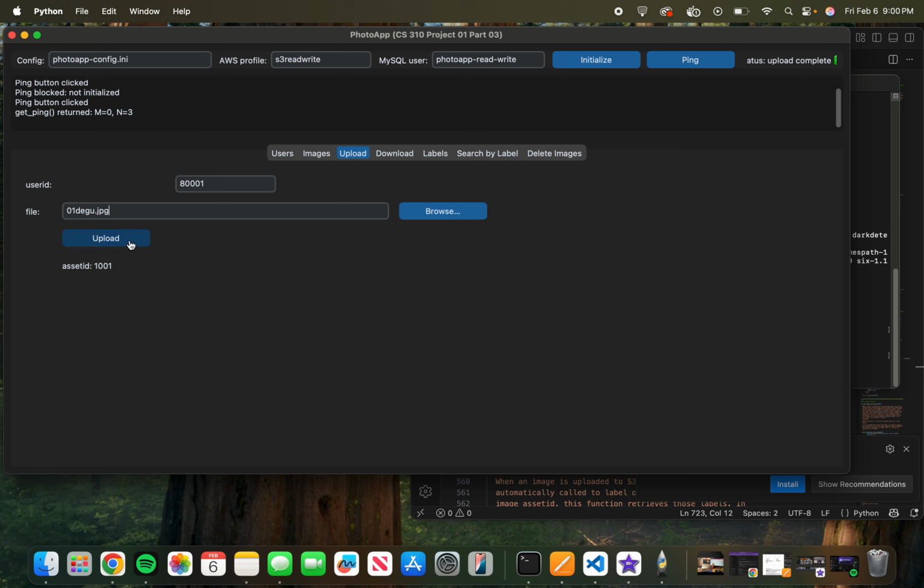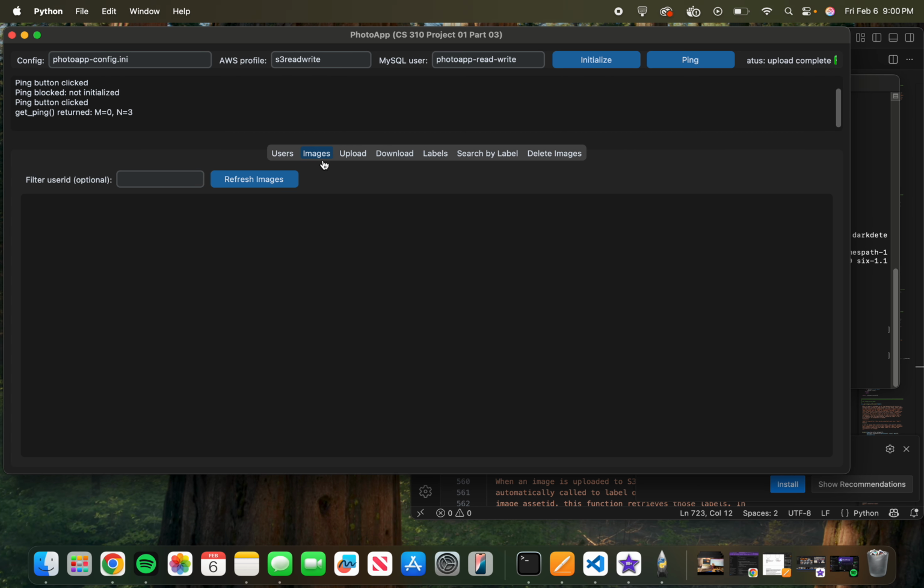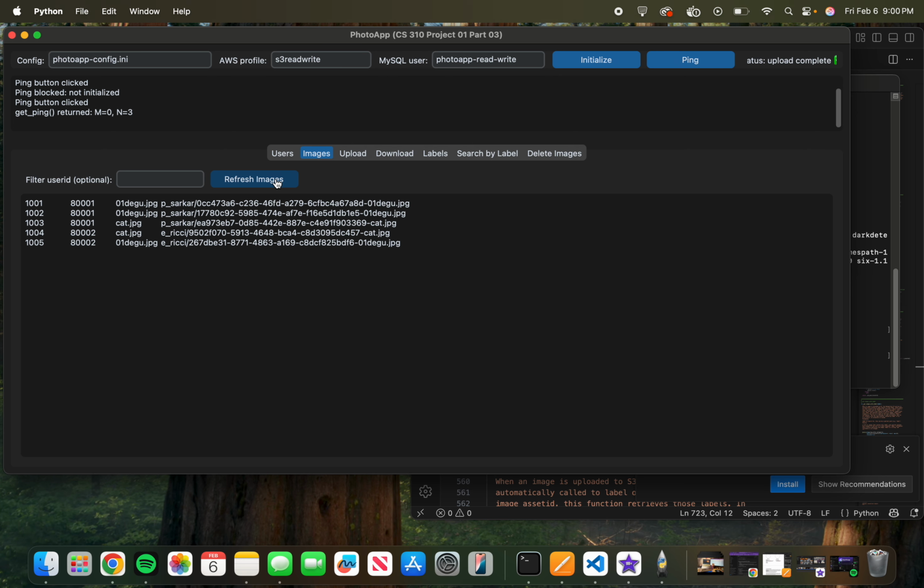If I wanted to upload the same file twice for the same user, it would still have a unique asset ID. As we can see, I can also upload ones that I inserted myself, like cat.jpeg, upload, and then just to have some more, I'll add it for some of the others as well. Maybe another Daegu. So we just have a few images, and then if you go back to the images tab, refresh images,